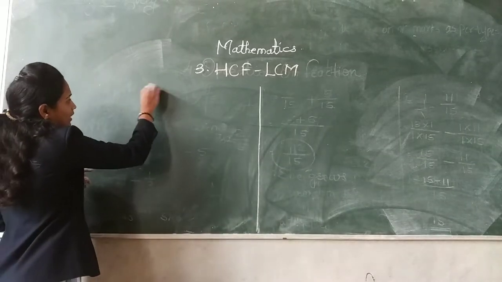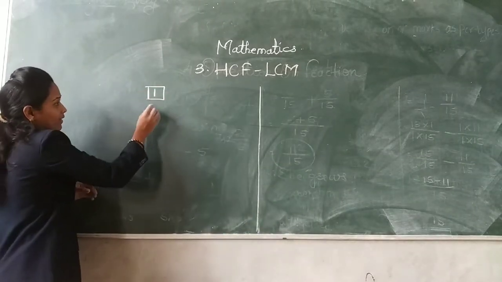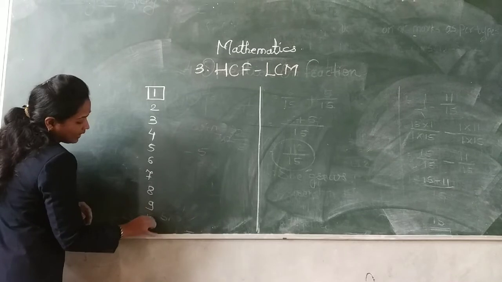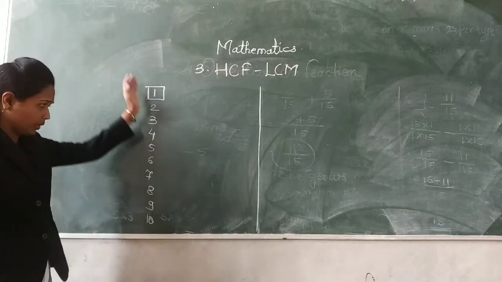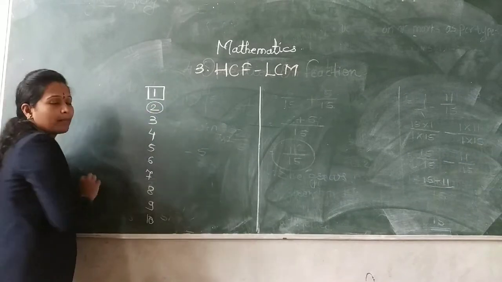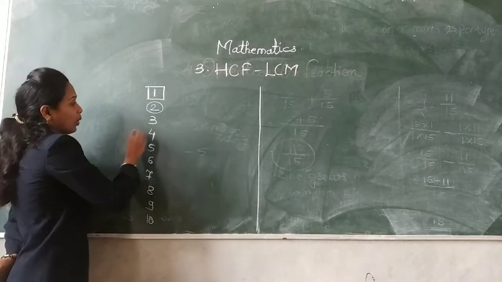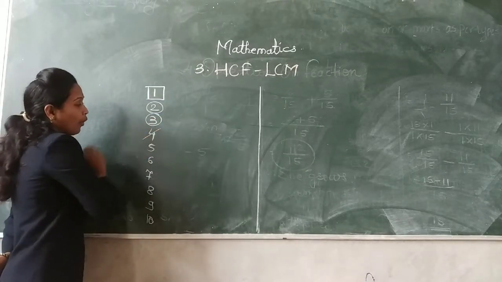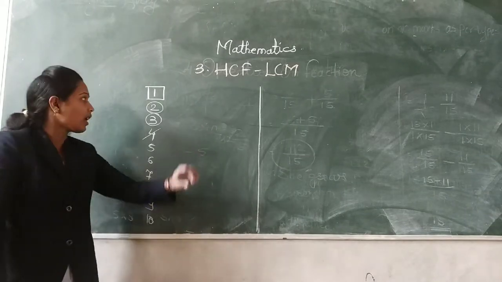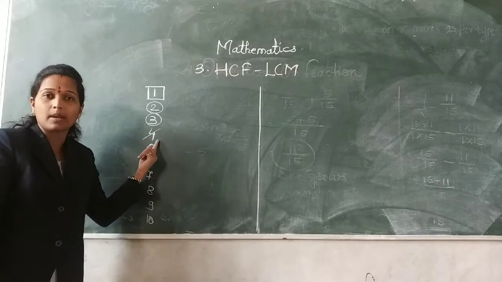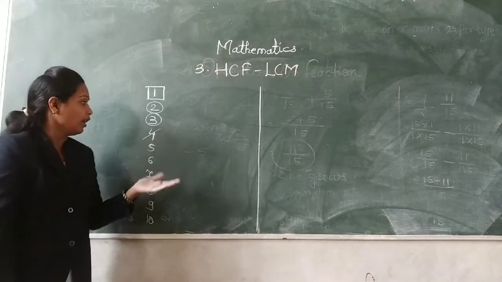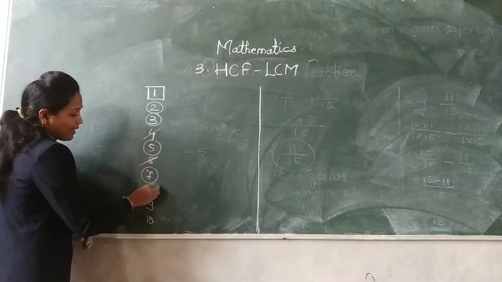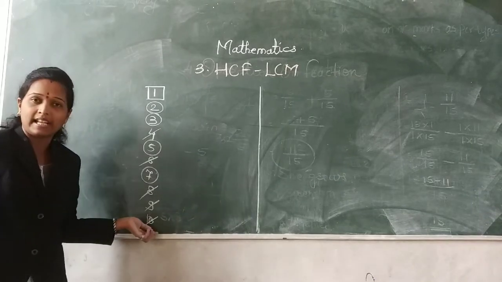Suppose I write only one line. This is 1, not prime, not composite. That's why we have given a square to the 1. Then 4, 5, 6, 7, 8, 9 and 10. In the last video I told you that I can write only 1 to 10 numbers. 2 is a prime number because 2 occurs in the table of 1 and 2 only. 3 is a prime number because 3 occurs in the table of 1 and 3. 4 is a composite number because 4 occurs in the table of 1, 2 and 4, so there are more than 2 factors. 5 is a prime number. 6 is composite, 7 prime, 8 composite, 9 composite and 10 is also composite.